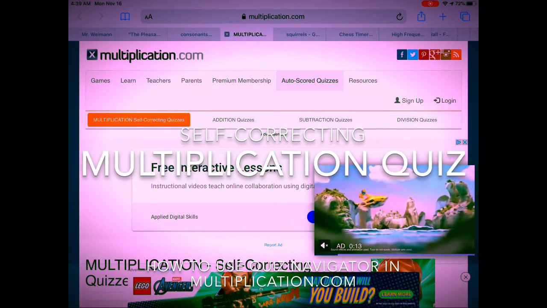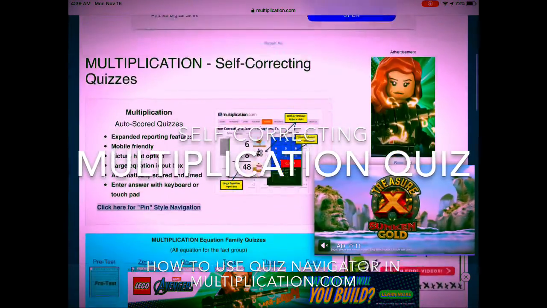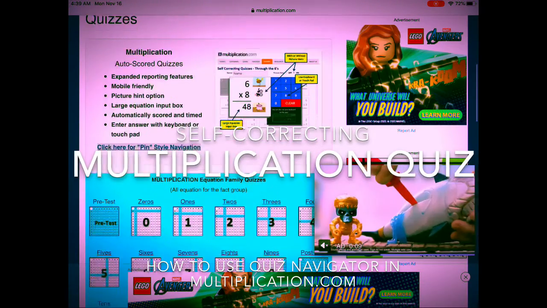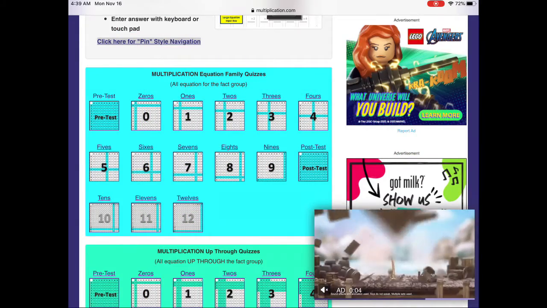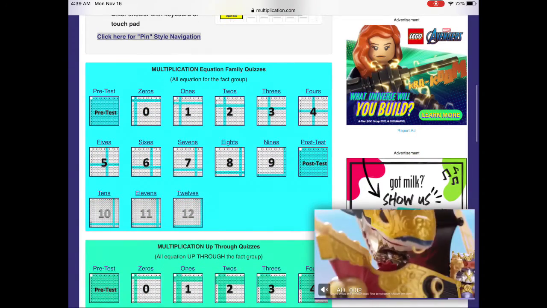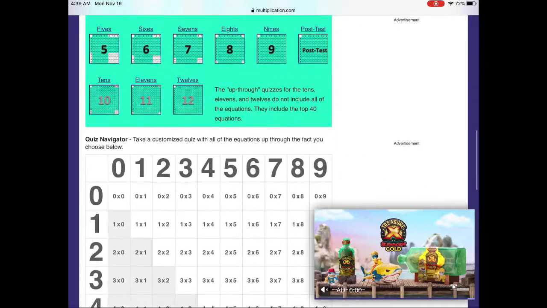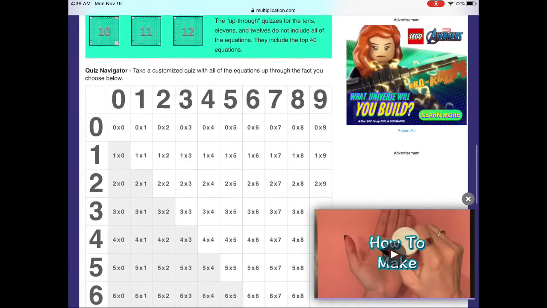Here's an online tool. It has a bit of ads, so you can click on X's to get rid of ads, or just ignore them. But if you scroll down to the quiz navigator,